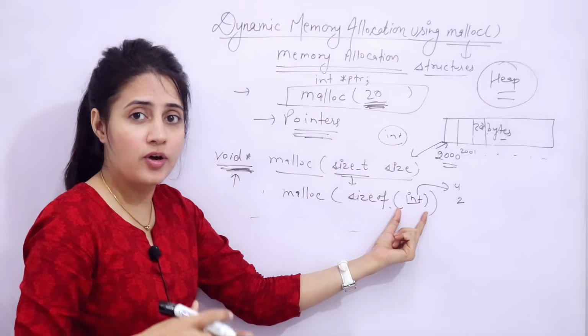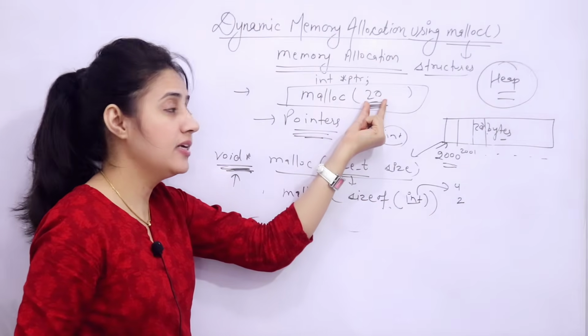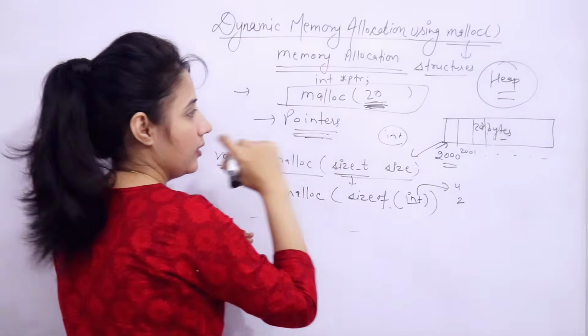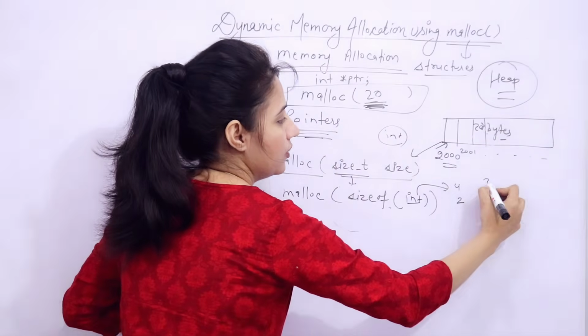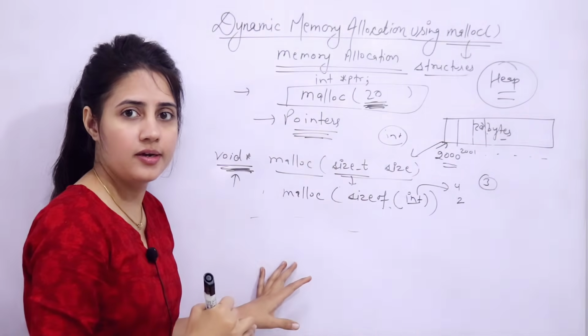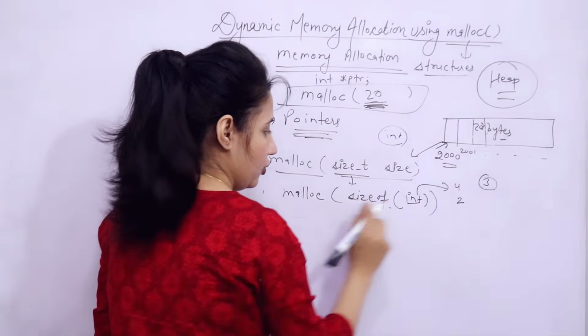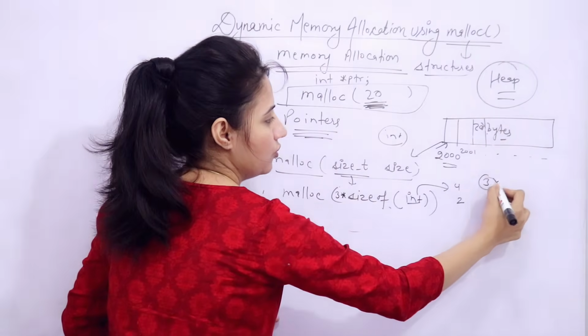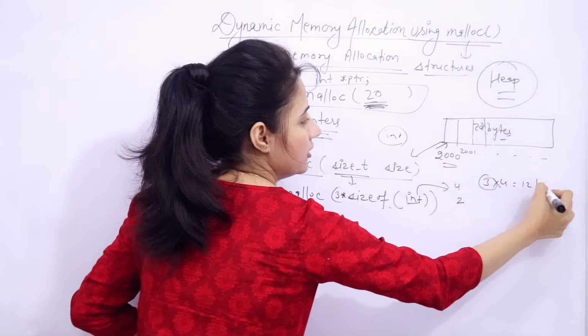That is one of the reasons that we cannot directly write 20 here, right? Or suppose I want to store 3 integers here, right? So you will write 3 into sizeof int, meaning 3 into 4, that is 12 bytes would be